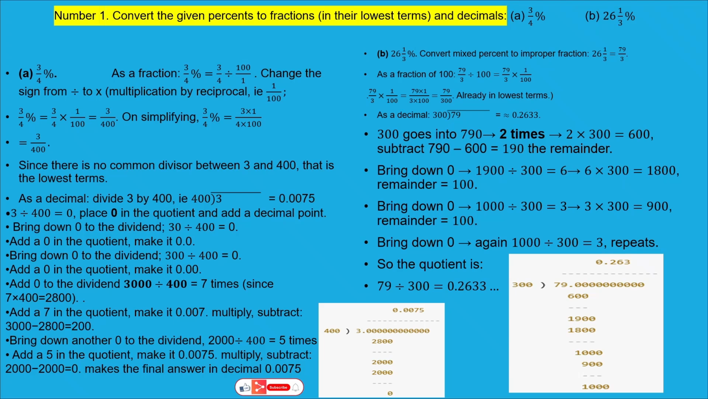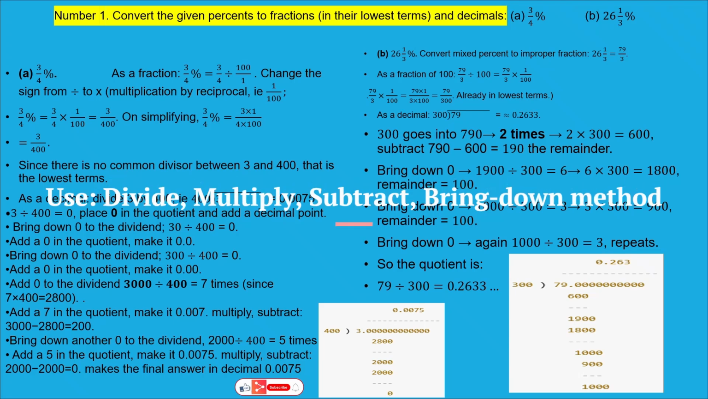As a decimal, divide 3 by 400, and by long division that gives 0.0075. The steps: 3 divided by 400, you get 0, place 0 in the quotient and add the decimal, bring down the 0 to the dividend. 30 divided by 400 gives a 0, add 0 in the quotient, make it 0.00, bring down the 0 to the dividend. 300 divided by 400 gives a 0, add 0 to the quotient, make it 0.000, add 0